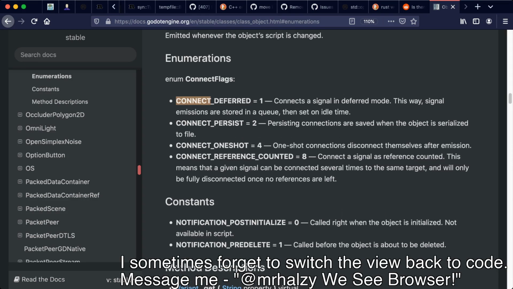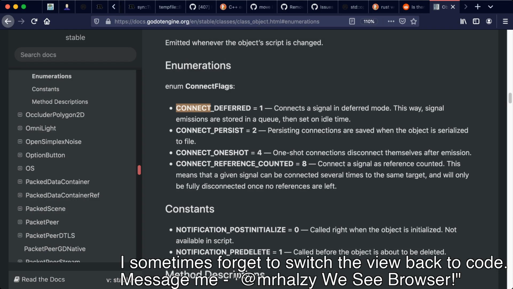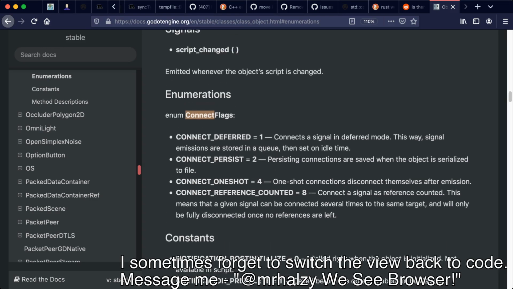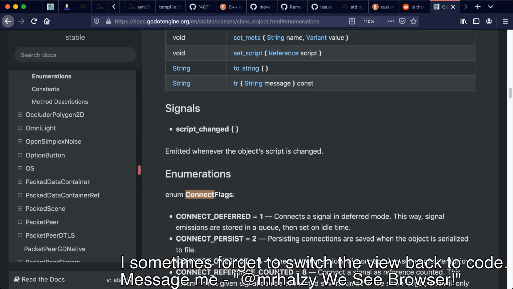So it's got these connect elements here. Oh, but it's called flags. But it's connect flags. I see. So I think that to map this back to what we had,